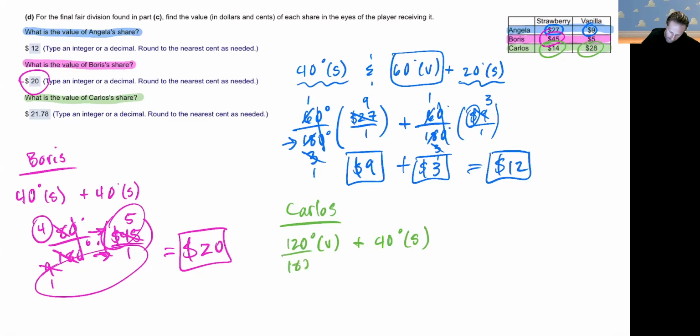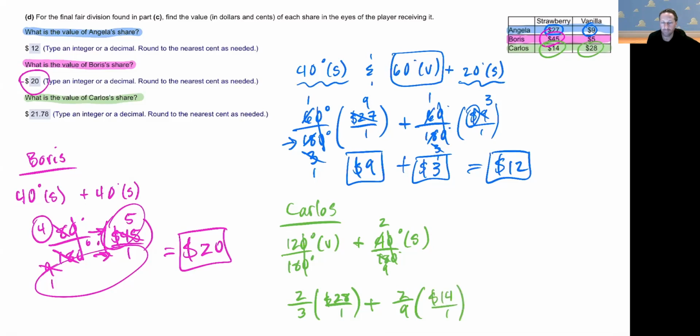out of the 180. And then we're going to take that, divide, 6 goes into that 2 and 3 times. So we actually have 2/3 of the whole vanilla, which he valued at $28. Plus then the 40 out of the 180 for that, which we already did, would be 2/9. So he has 2/9 of the whole strawberry, which he valued at